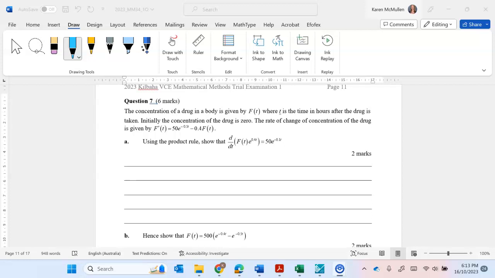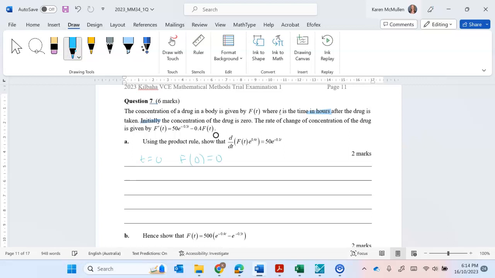So the concentration of a drug in a body is given by f of t, where t is the time in hours, so I might just highlight that just in case it comes up later. After the drug is taken, initially the concentration of the drug is 0. So whenever you see initially, just remember that is when t equals 0. So when t is equal to 0, f of 0